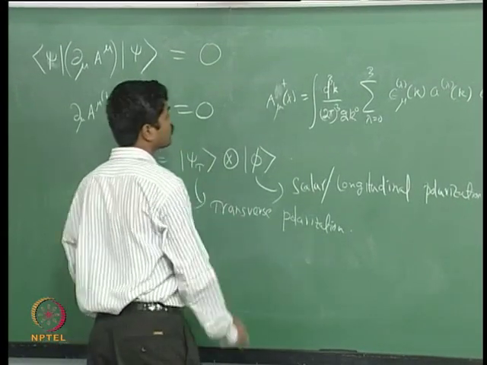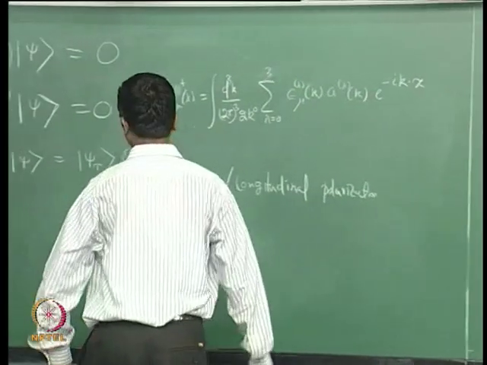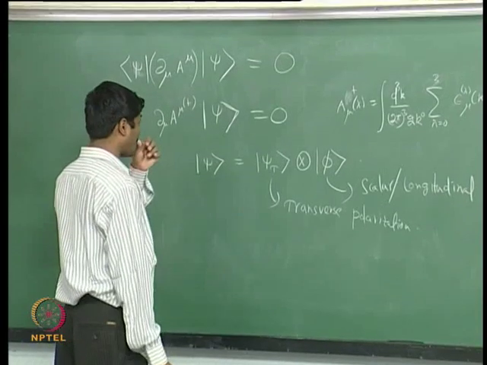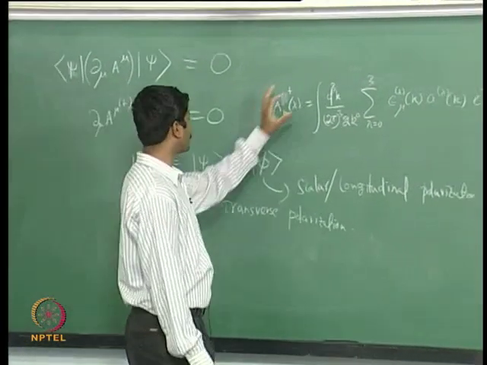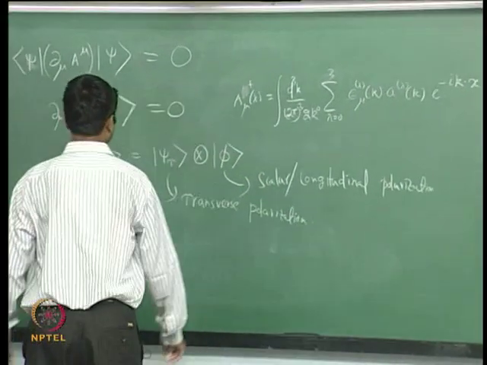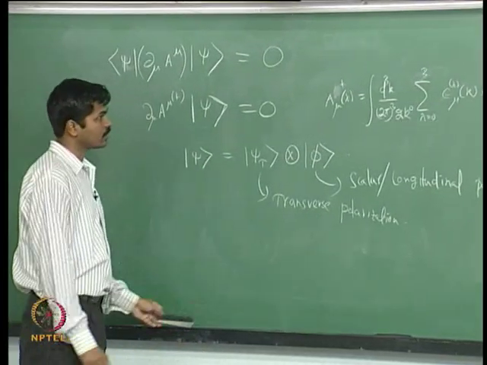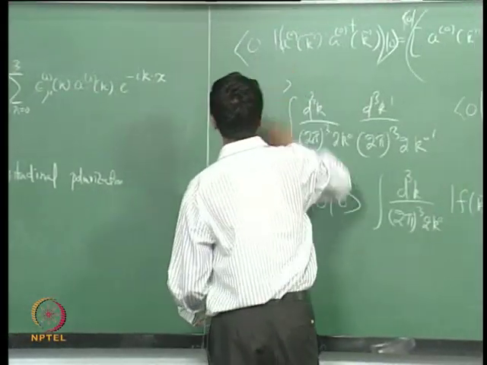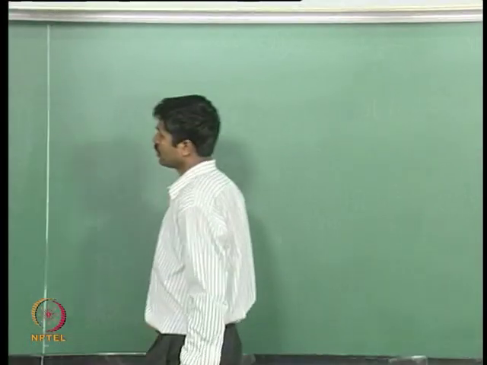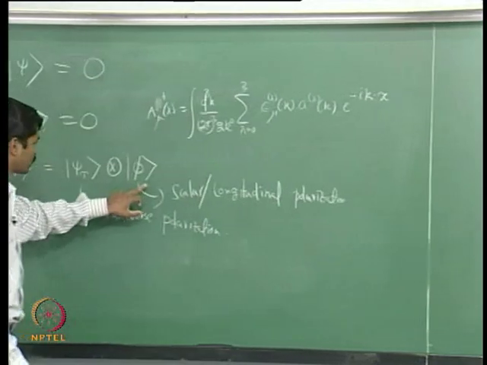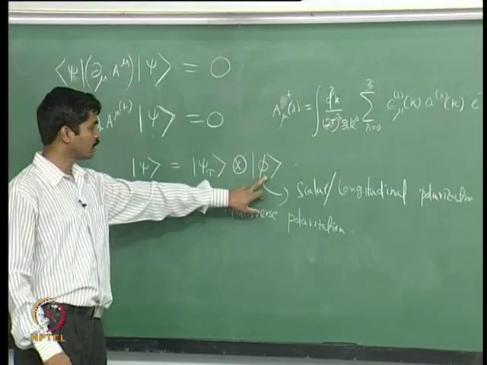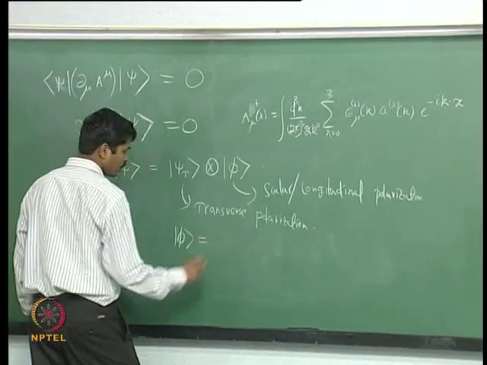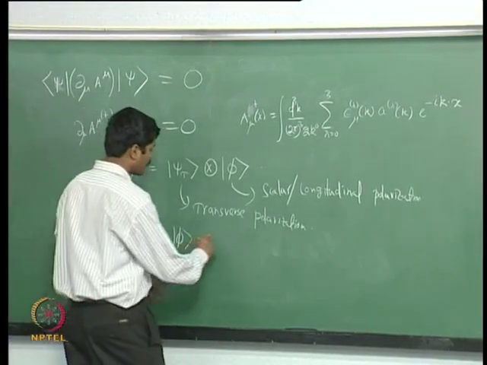So, now we will see what happens when mu plus acts on a state like this. Because this corresponds to the scalar polarization, this state phi here will be of this form. It will be obtained by